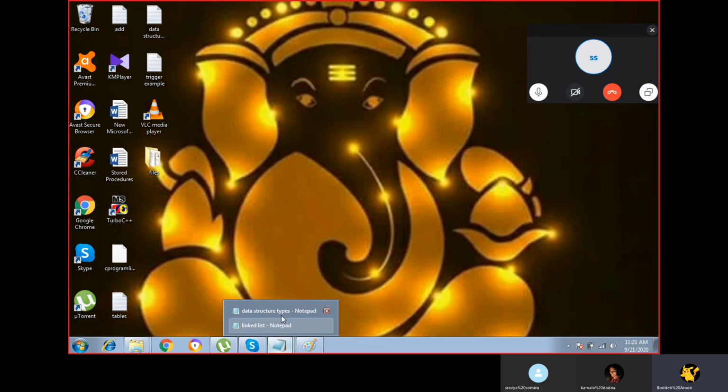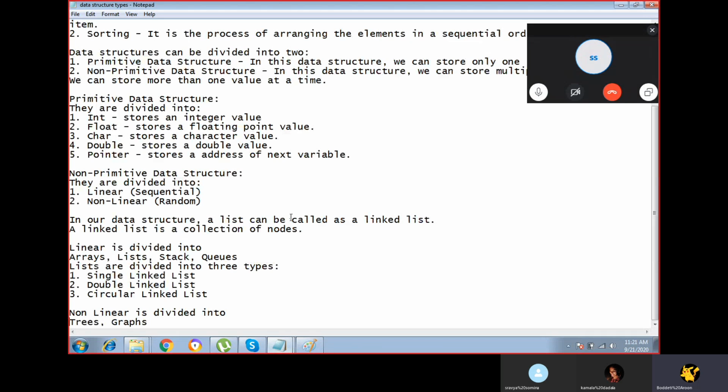So what is the next type of data structure we have? The next type is a linear data structure, which is a non-primitive data structure. The next linear data structure is the stack. Before going to the stack concept, let us discuss what is meant by a stack, and let me give the definition of the stack.